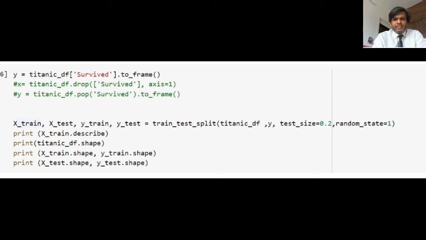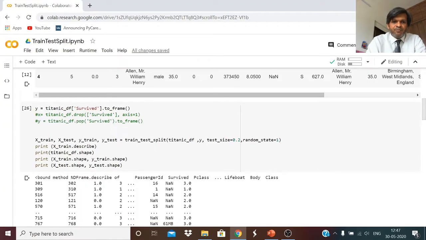Now here I am going to use the train_test_split function. So I have to say x_train, x_test, y_train, y_test, and the values of these will be obtained from this function train_test_split. My x I have given as titanic_df, y I have given the labels, which is whether the passenger survived or not, and here I am saying test_size is equal to 0.2. So my data set has to be distributed into 80-20: 80 for training and 20 for testing. And I am saying random_state is equal to 1, so I am giving 1 as the random seed to do the randomization of the data.